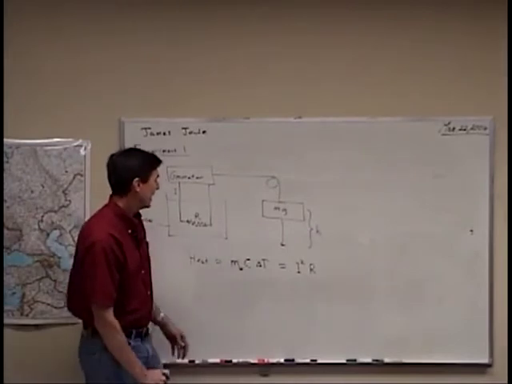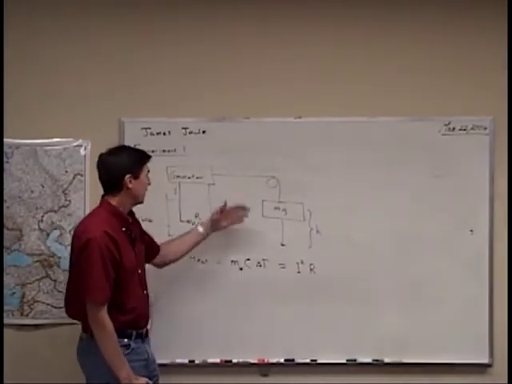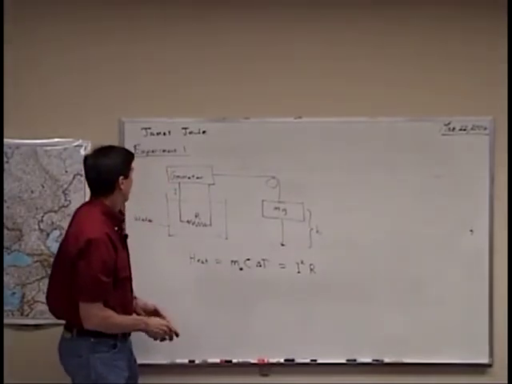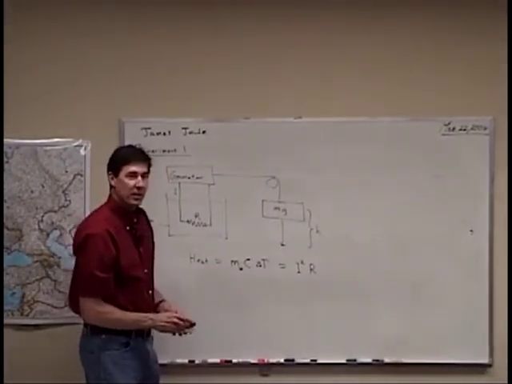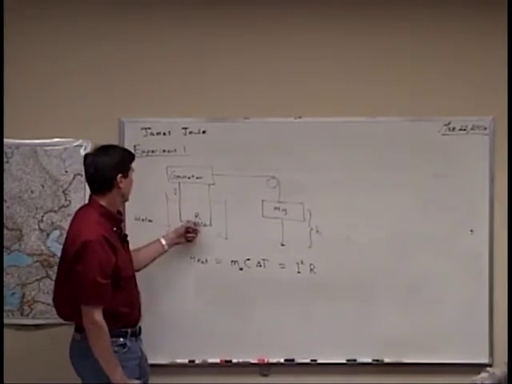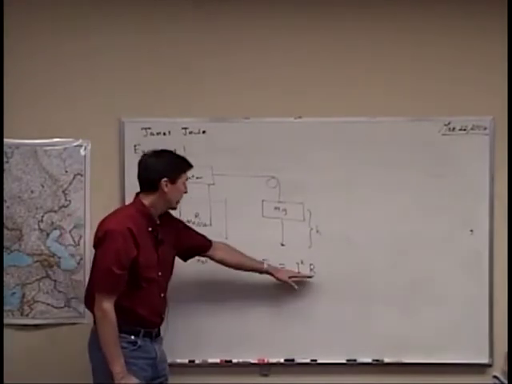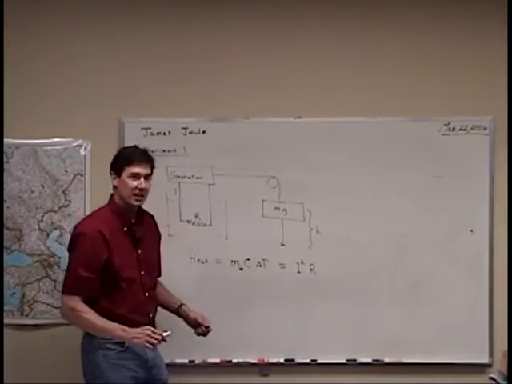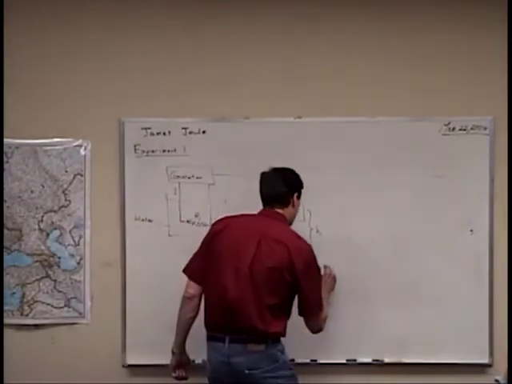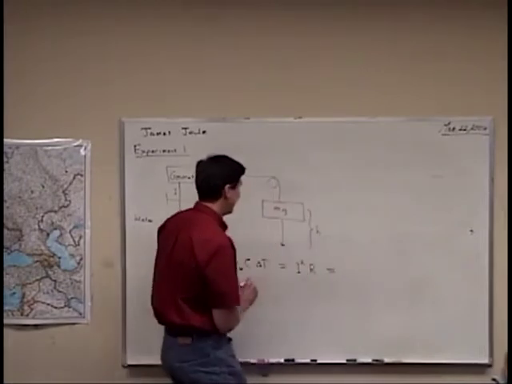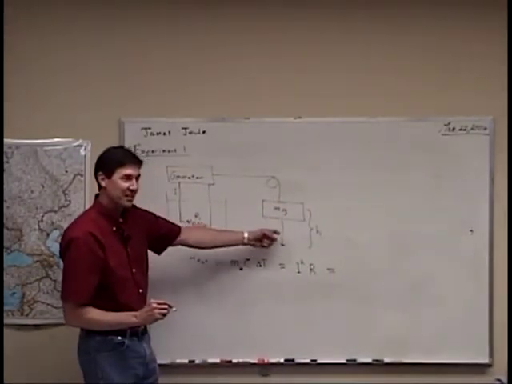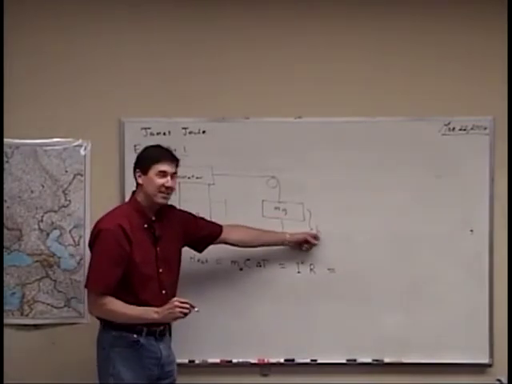So he proves, by doing several different runs and adjusting the weights and so on, using different resistors, this mathematical relationship between the heat generated and the current and the resistance. And he sees how that's related to the weight and the